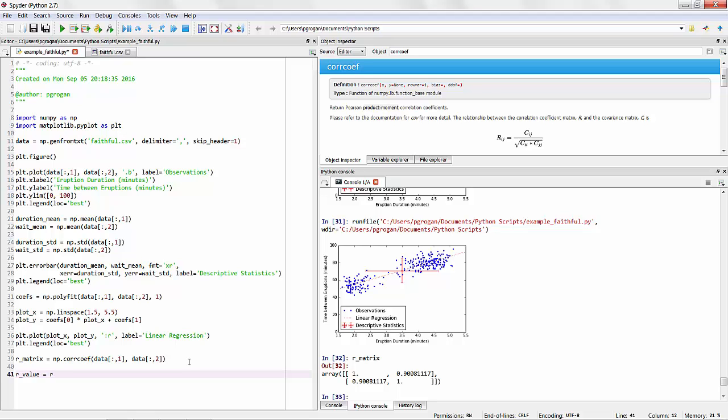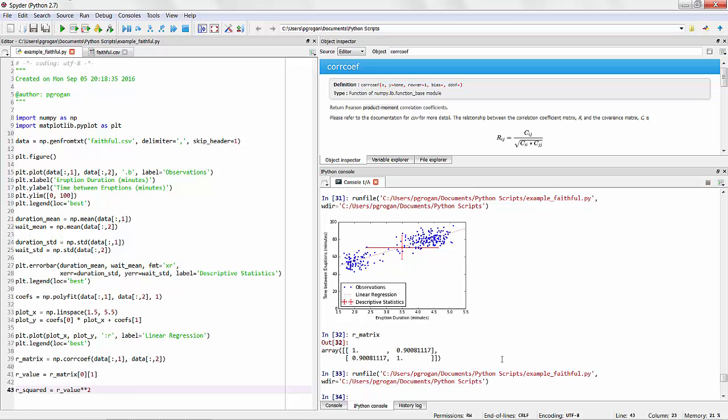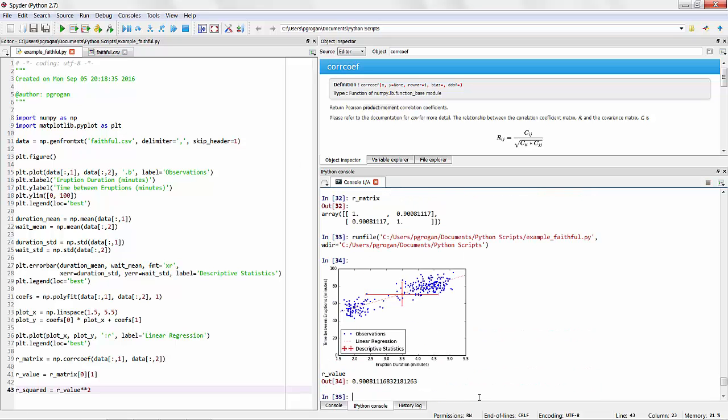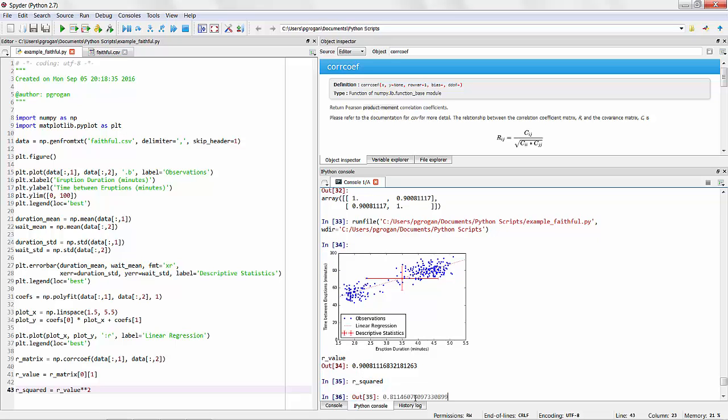That 0.9 is actually the R value. You can see they're equal. They're always going to be equal in these types of simple cases. The first row, row 0, column 1. And usually what we're most interested in is the R squared value, which is the R value to the second power. Take a look here. So our value is 0.9, and then the R squared value is 0.81,